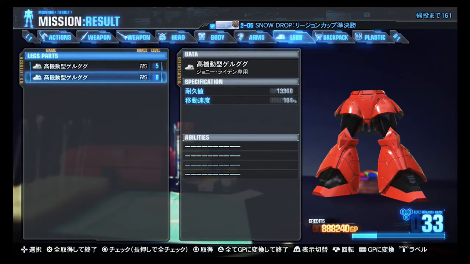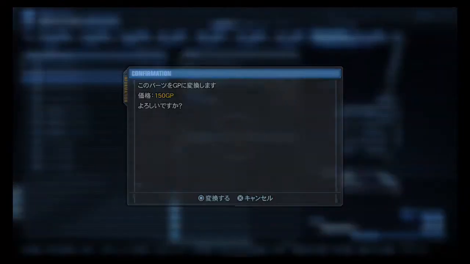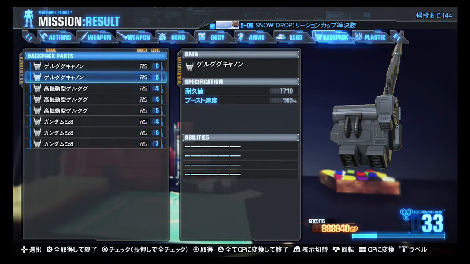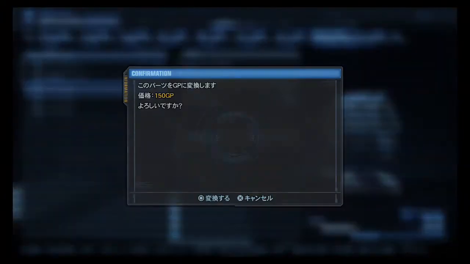No? Yes. 2 sets of Johnny Raiden legs. Only need the one. Gelgug Cannon backpacks. Probably keep the highest level 1 since none of them are rare. High mobility Gelgug backpacks below that, and at the bottom below that's the Gundam Easy-8's parachute pack I was telling you about. And now's a good time to start winding up, because we've only got about 20 seconds left, so